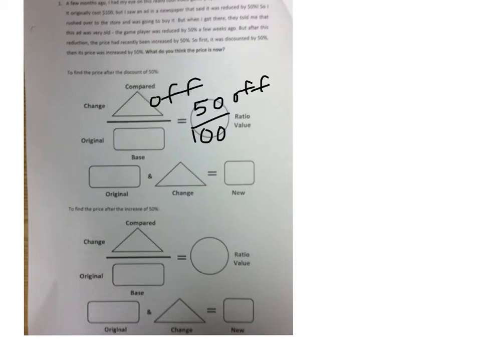Okay. At the top it says the original video game player was originally $100. That goes on the bottom. You can go ahead and multiply across and divide if you want, or if you did notice, the bottom isn't changing, the top isn't going to change. So if you multiply across and divide, or if you just use common sense, it's going to be $50